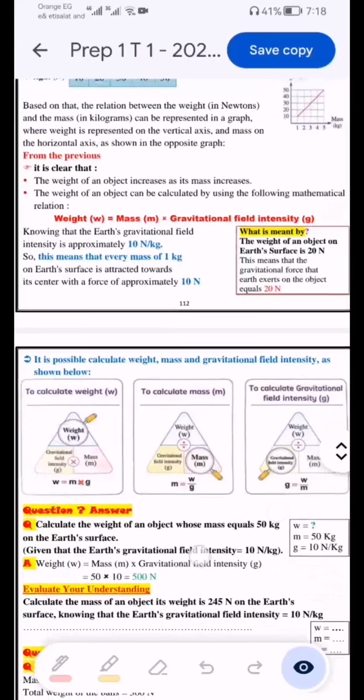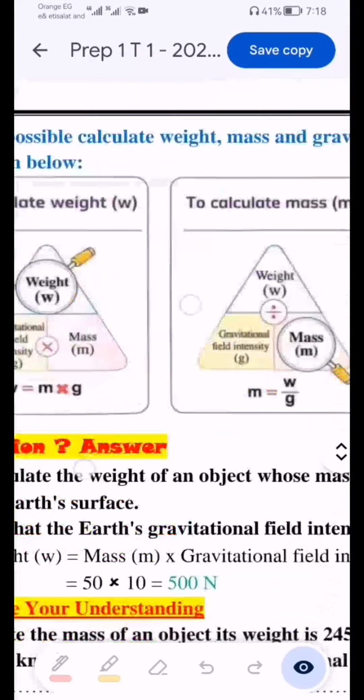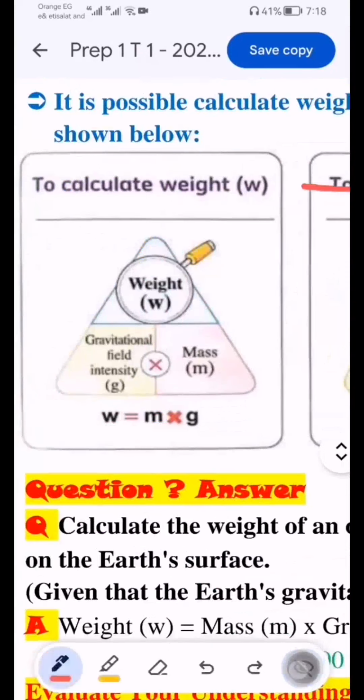and we have this triangle to calculate the weight. Look at this. Weight equals what? We said weight equals gravitational field intensity G by mass. Okay, by mass. And when we need to calculate the mass, it equals what? Equals weight over gravitational field intensity. And to calculate gravitational field intensity, it equals weight over mass. Okay,